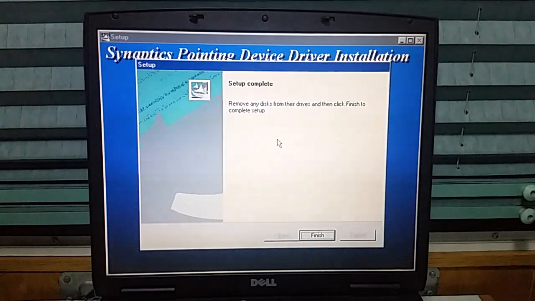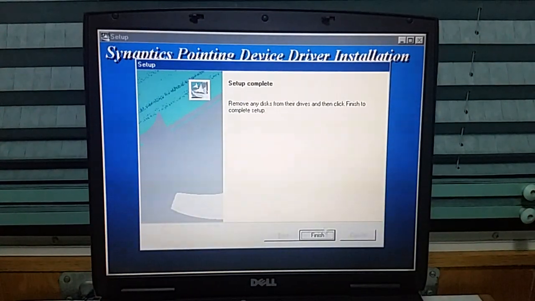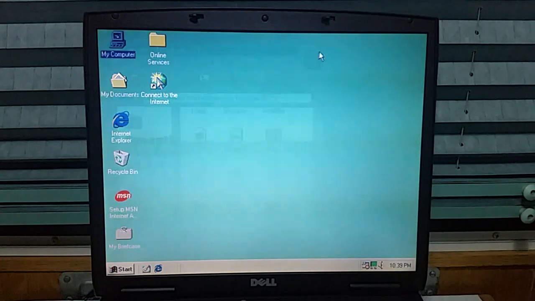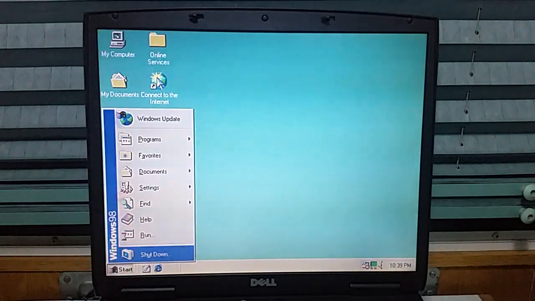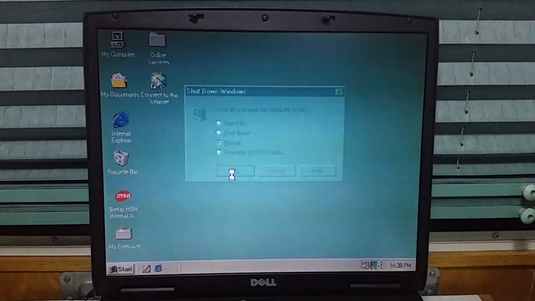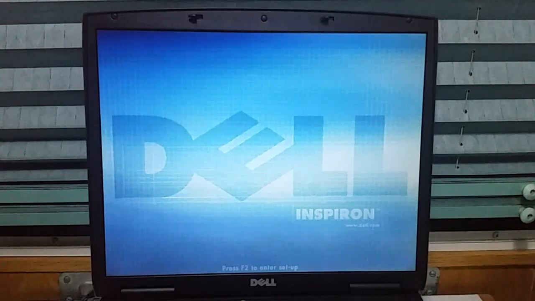I'll let it finish here, and we're going to go ahead and reboot now. Alright, so the only driver remaining is the graphics driver. Before we install that, I'm going to go ahead and install DirectX